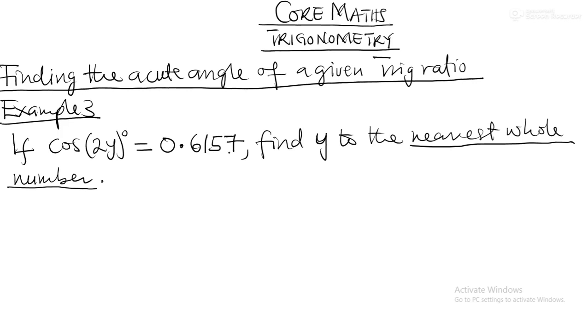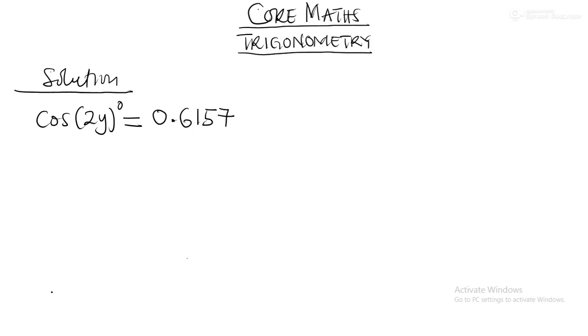0.6157. When you do that with the help of your calculator, you get the value of cos inverse of 0.6157. And then you'll be able to equate it to 2y, solve, and get the value of y. Good. So now let's look at the presentation. So you have cos 2y equals 0.6157. So our 2y will be equal to cos inverse of